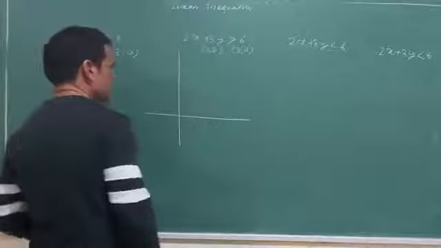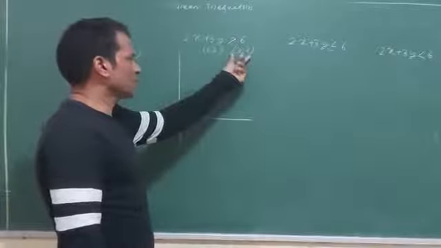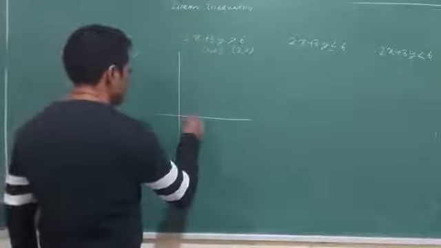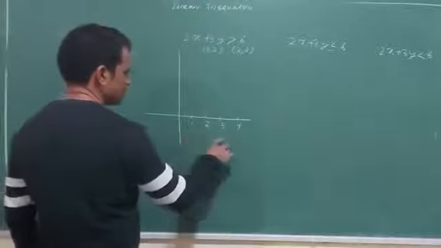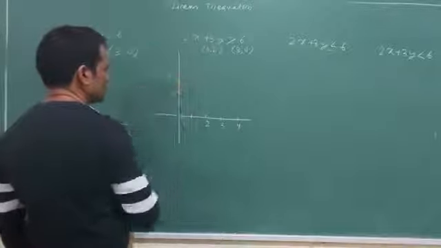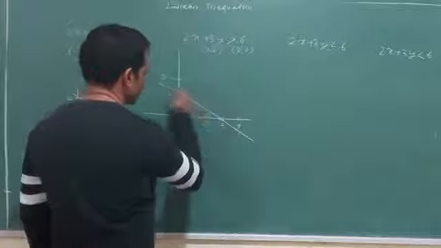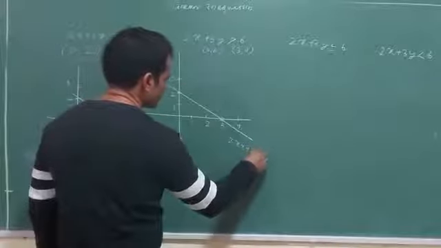Now while solving, I will go by the same method. But for the examination, you write down: let x equal to 0, y is 2, and write down the point. Let y is equal to 0, x is equal to 3, write down the point. Then I go to the line. You write down 1 centimeter on x-axis is equal to 1 unit. Then I will connect 3 and 2 and draw the line. This line represents 2x plus 3y is equal to 6.